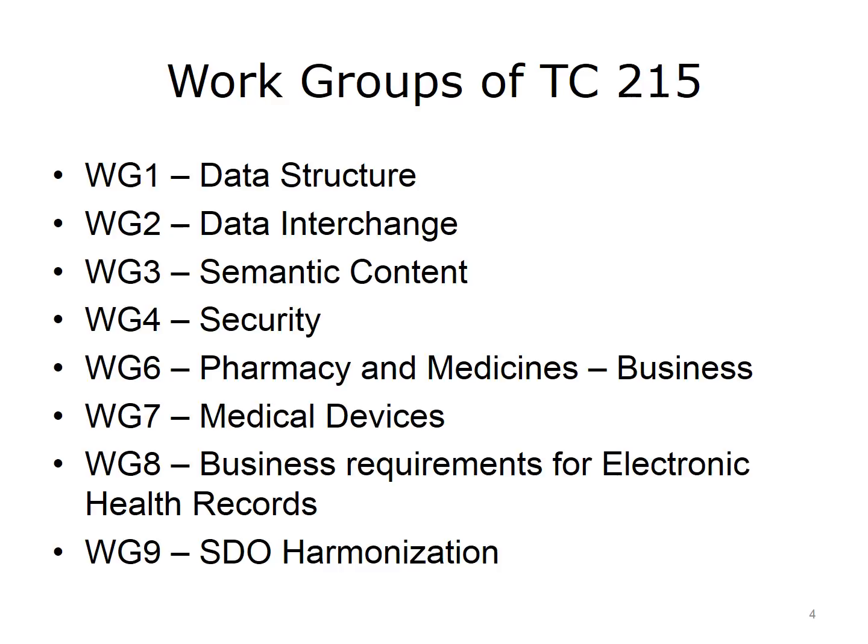WG7 deals with connectivity to medical devices. This group works closely with IEEE and CEN on standards that connect medical devices to systems. WG8 is similar to WG1. Sometimes the distinction is difficult to define. This WG deals more with what an EHR is rather than its structure and architecture. WG9 is a different type of WG in that its purpose is harmonization of standards activities among multiple SDOs. It is closely affiliated with the Joint Initiative Council, a collaborative organization of many international SDOs.